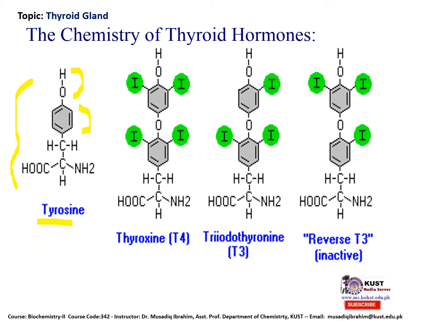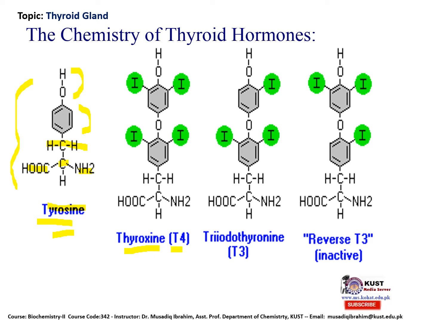Then below you have a CH2 group, and with the CH2 group you have another carbon attached, and then you have an amino group attached to that carbon and a carboxylic group attached to that carbon. So that is the basic structure of tyrosine. And then two tyrosines are linked together along with the addition of iodine to make up the structure of thyroid hormones. First of all we will look at the structure of thyroxine, which is also known as